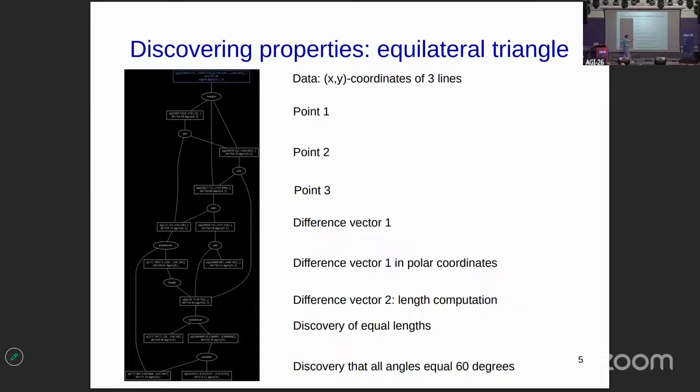And then it transfers the difference vector to polar coordinates, and then it discovers that 2 of the lengths of the triangle are equal, and then finally it discovers that all angles are equal to 60 degrees. And that compression process basically discovers this property of equilateralness.